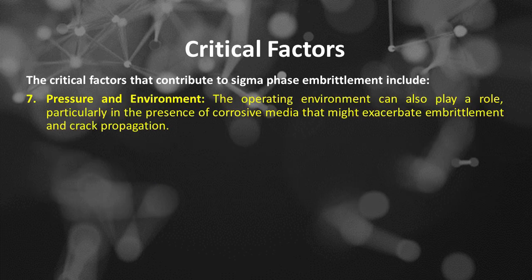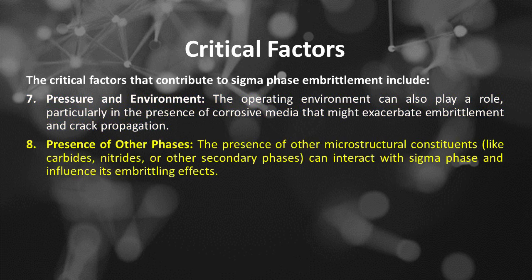Number 7 is pressure and environment. The operating environment can also play a role, particularly in the presence of corrosive media that might exacerbate embrittlement and crack propagation. Number 8 is presence of other phases. The presence of other microstructural constituents, like carbides, nitrides, or other secondary phases, can interact with sigma phase and influence